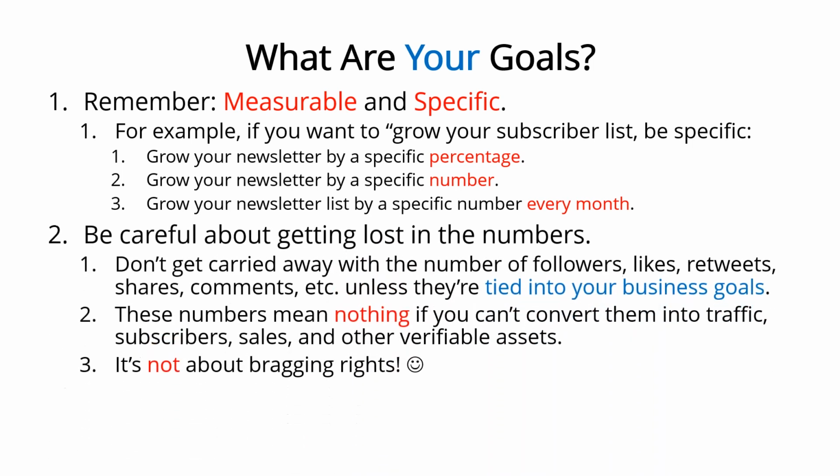Now, a quick heads up. Sometimes business owners get sort of wrapped up in all the numbers associated with their social media platforms. Specifically, they look at the number of followers, fans, likes, favorites, reactions, shares, retweets, repins, comments, discussions, and then they end up setting goals for these various social media metrics. For example, they set goals to get 1,000 new followers, or achieve 500 shares, or 10,000 likes on a particular post. That's all well and good. However, just be sure that these platform-specific sub-goals are tied to your main business goals. In other words, if you set up a goal to get a certain number of followers, then this goal should be tied to your overall goal, such as boosting your mailing list subscribers by 20%.